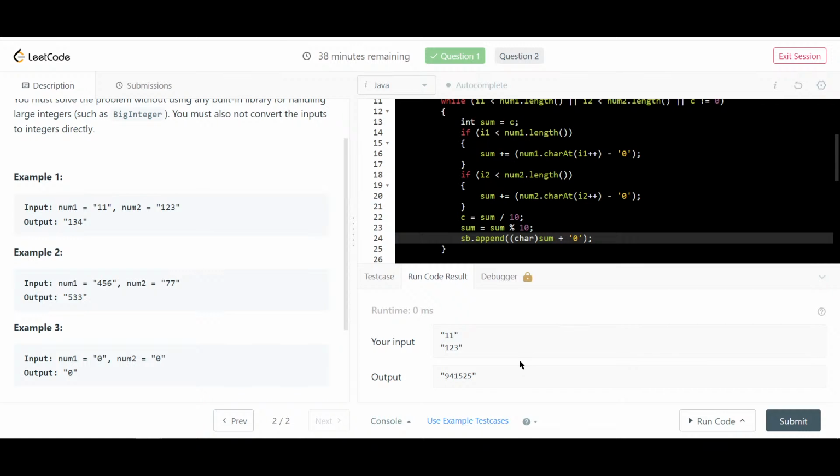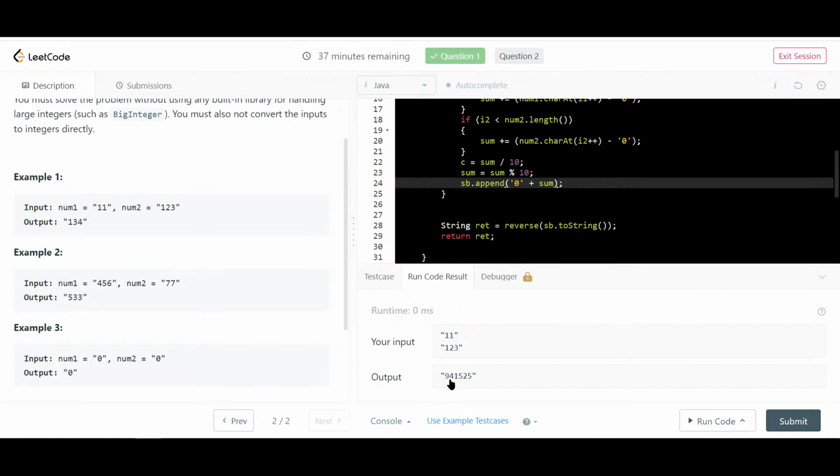Okay, let me remove this. I think it should be 0 plus some, but okay. Hey, what's the issue here? I don't get it. So maybe the carry is one. Other thing is fine. So we wanted 134. What am I getting here? Okay, let me think again. So it was an integer,